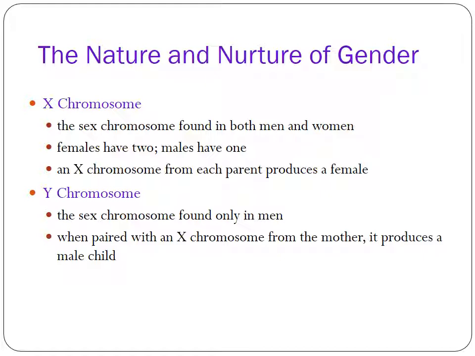So if you have a Y chromosome from dad and your mom contributes an X-linked color blindness chromosome, then you're colorblind. It's far more rare to have a woman who's colorblind because she would need an X-linked trait from mom, and then she'd also have to have a dad with color blindness and also have an X-linked trait. So she would need both. So it's important just to have an idea of how those chromosomes kind of come into play.